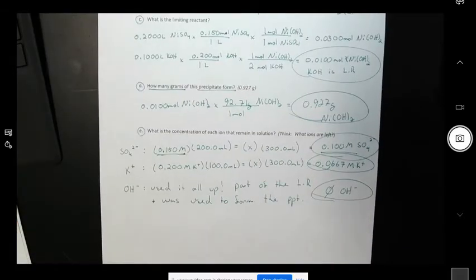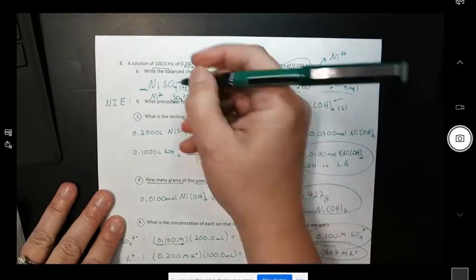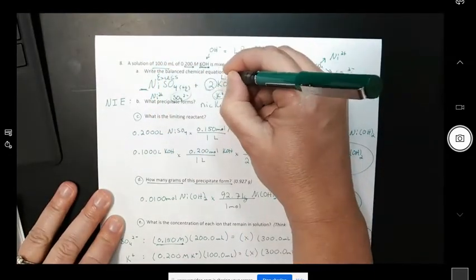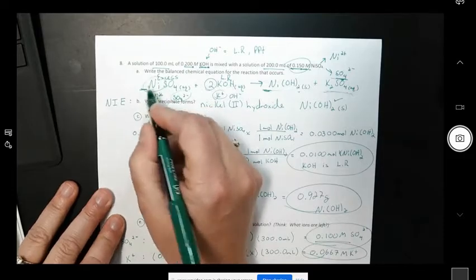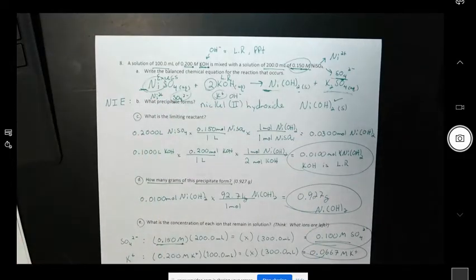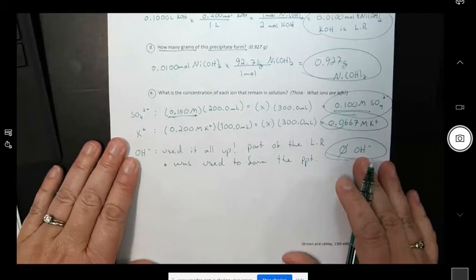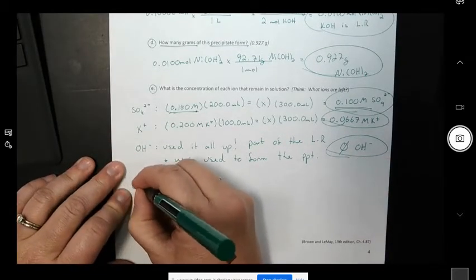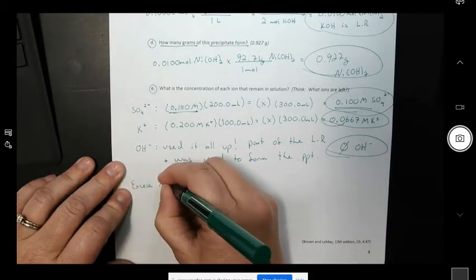Here comes the hard part. It's the nickel, because we did not use all the nickel up, right? So I'm going back here. This was my excess reactant. This was my limiting reactant. So even though we did use some of the nickel ion to form the precipitate, we didn't use all of it. So here's kind of what we need to do, and you can do this a couple different ways. To find excess nickel ion,